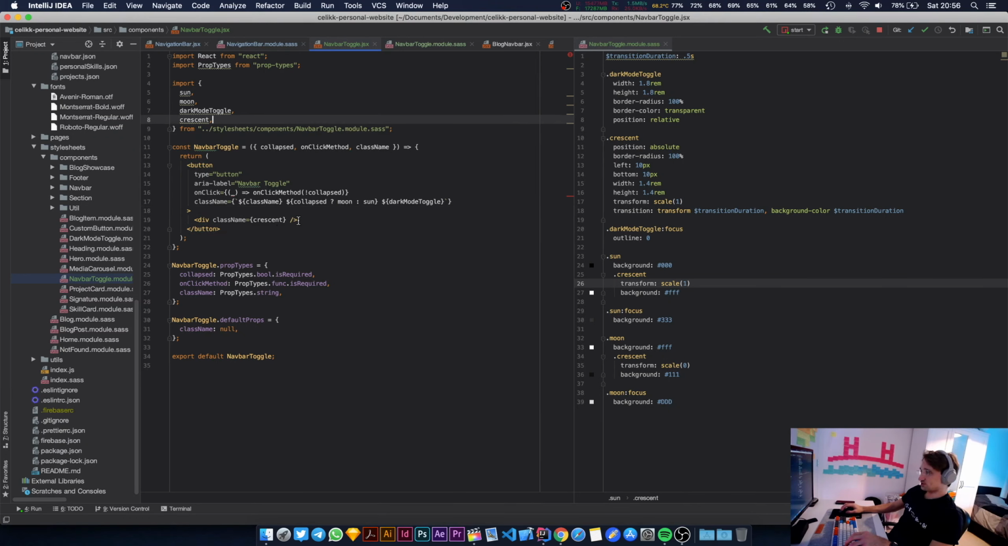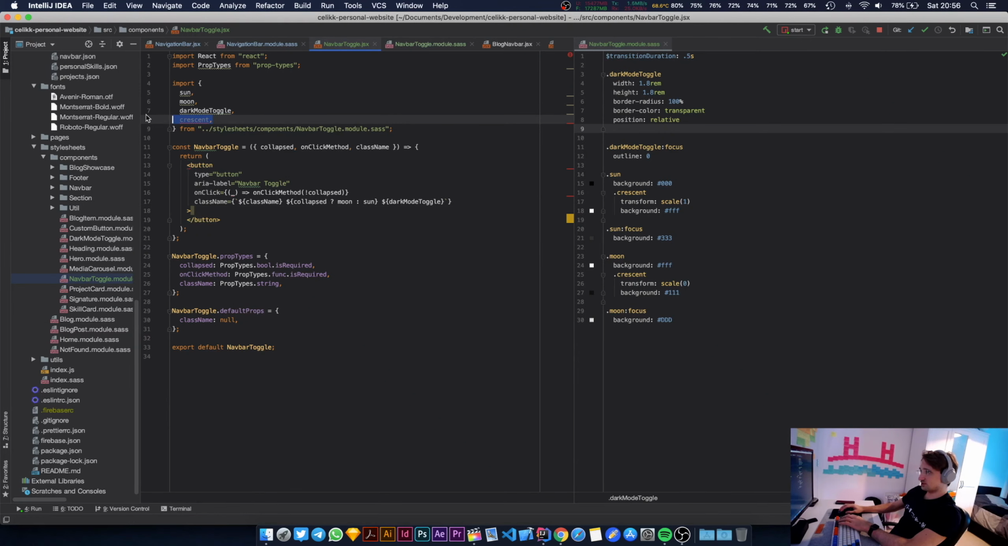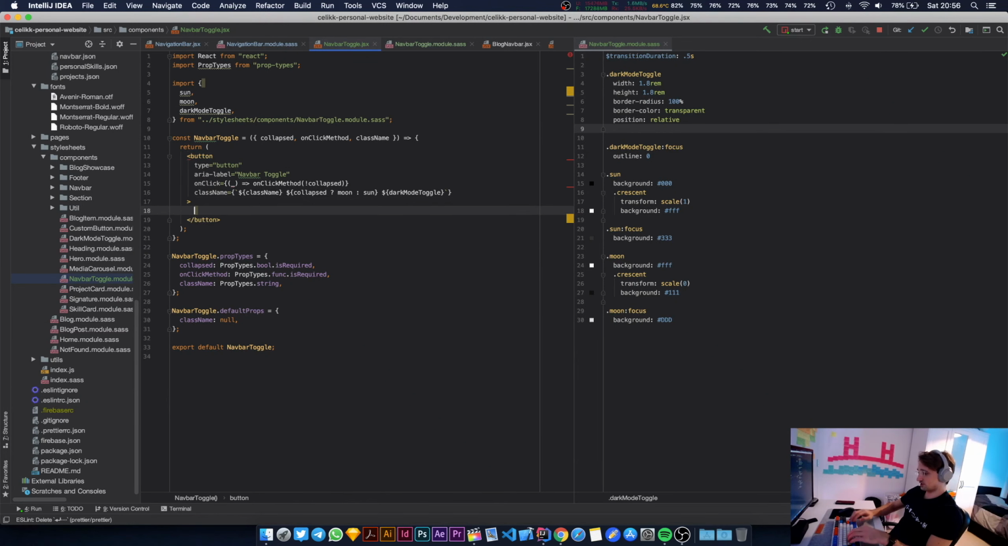Right. So we need two spans in here. We are going to get rid of this thing. And also we can get rid of that class name in here. Let's remove that. Okay. In here we are going to put two spans. And these spans are not going to contain anything, so I'm just going to duplicate this. And